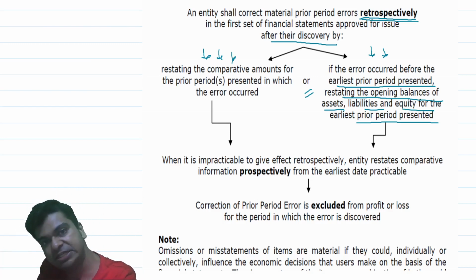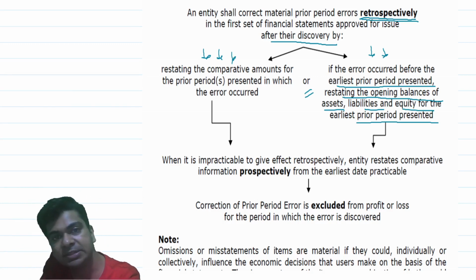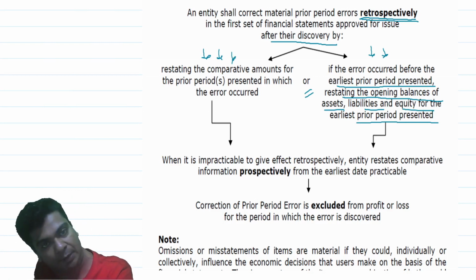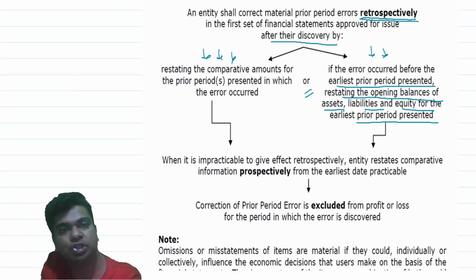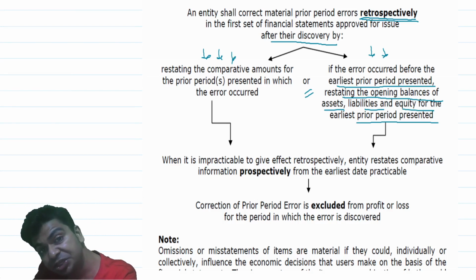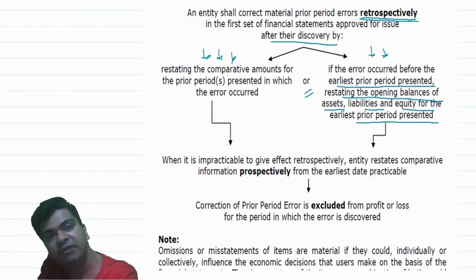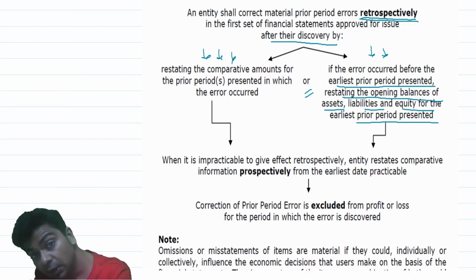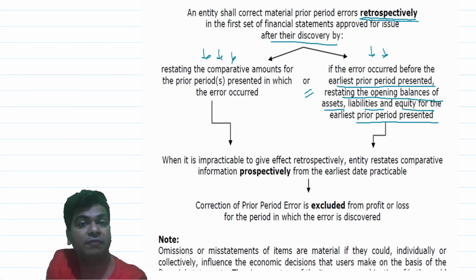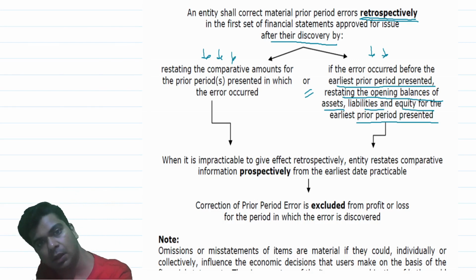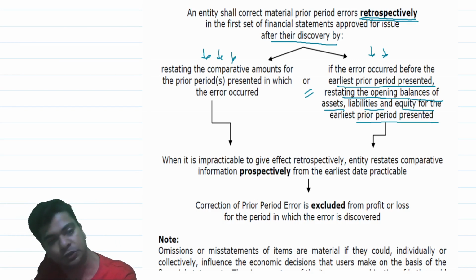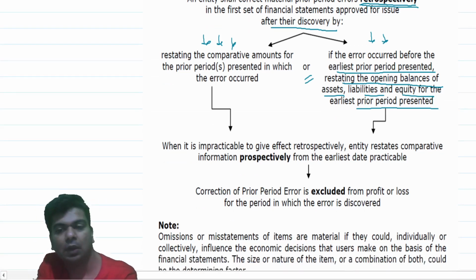For example, when wages will be debited to the P&L, it may simply affect your P&L. Then it is only the P&L. Hence, retained earnings balance will change. The opening balance of the retained earnings accordingly needs to be changed. But in case you are giving any taxation effect for the same, let us say on those wages you are recognizing any deferred tax, then those deferred taxes may affect your deferred tax asset or deferred tax liability. Accordingly, the asset may also get affected. Then the opening balance of that asset, to what extent it is getting affected, that should be disclosed.